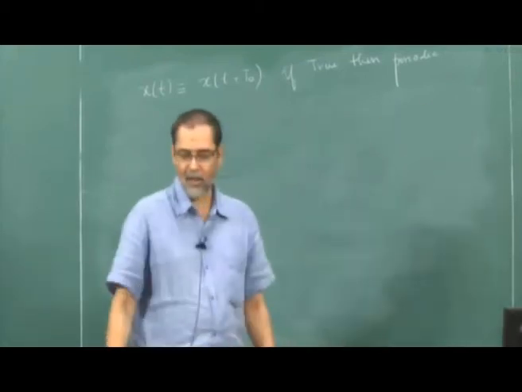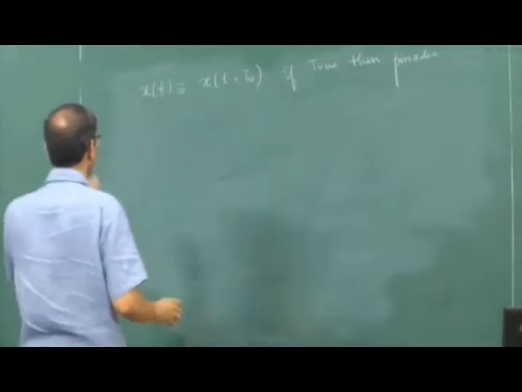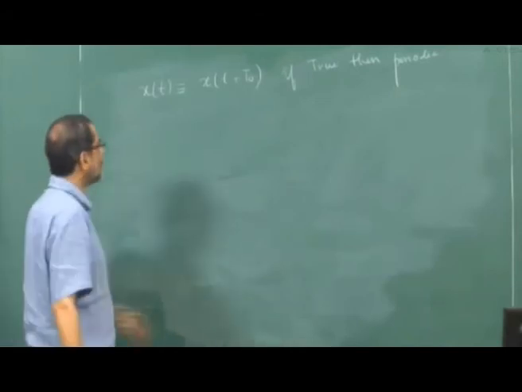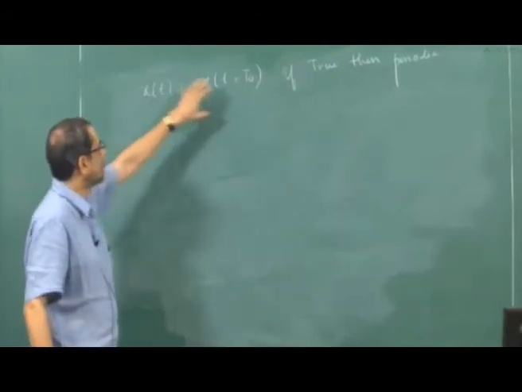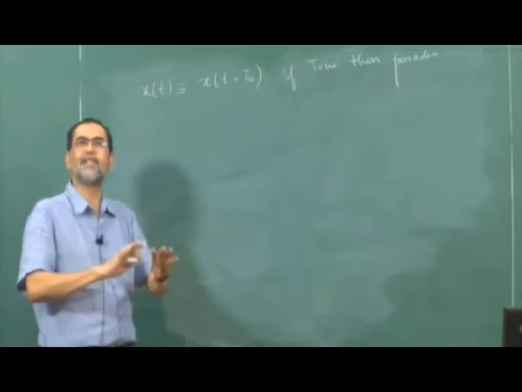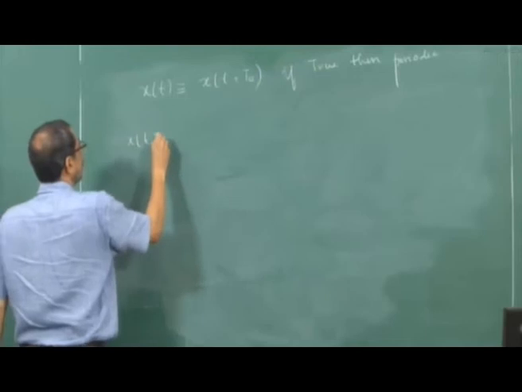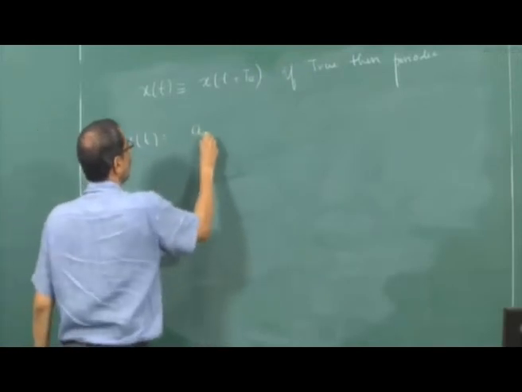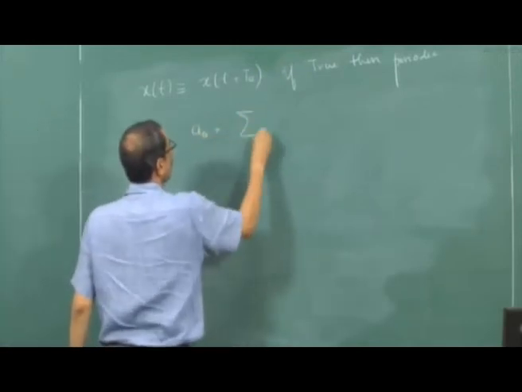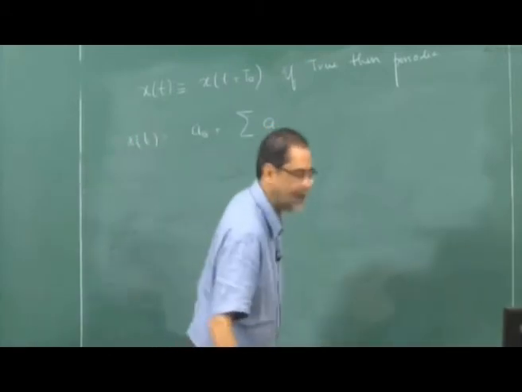There are some interesting stories about Fourier. I'll talk about that. So Fourier said, if x of t satisfies this property, if x of t is periodic, then x of t can be written as a naught. Did I say an here? Okay, an